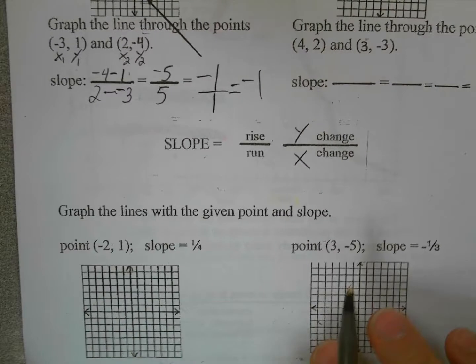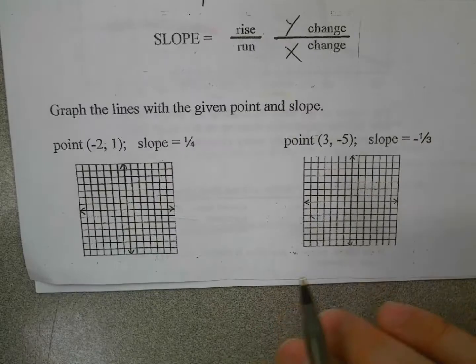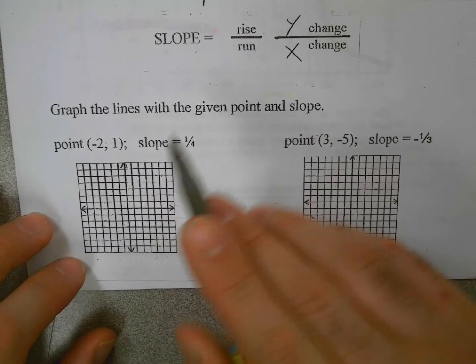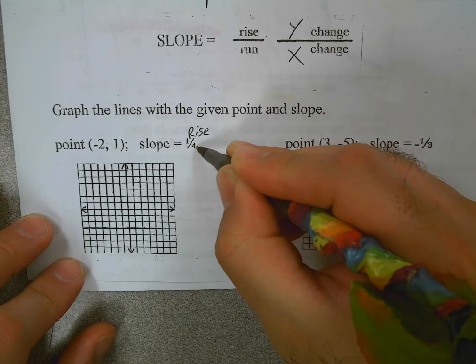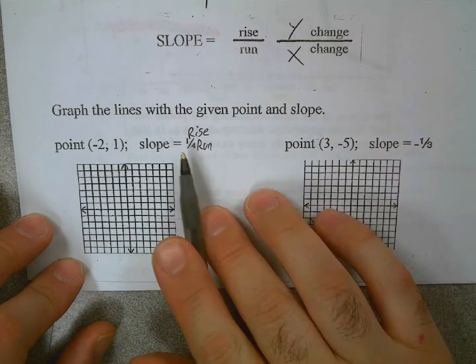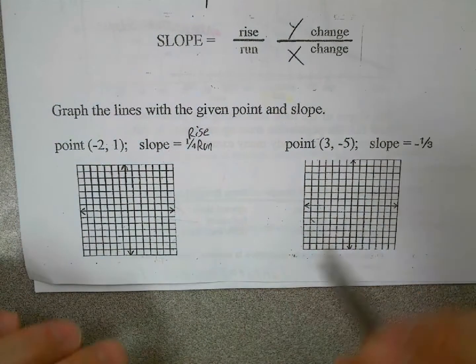So what happens when I have a slope, a point, and then given the slope? So this is my rise 1, run 4. So rise 1, run 4. Rise over run. We can use our rise over run